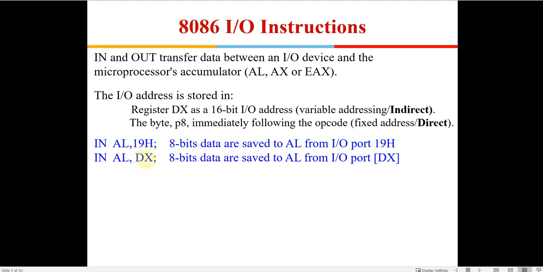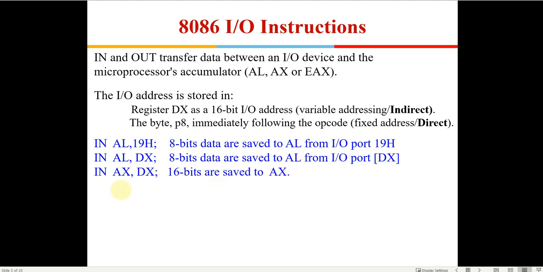It is implied, well known, that data has to come from an input output port, and DX is the register containing the address of the port. The 16-bit address will be placed onto the address bus, decoded, and then data will be fetched from the IO port into the AL register.